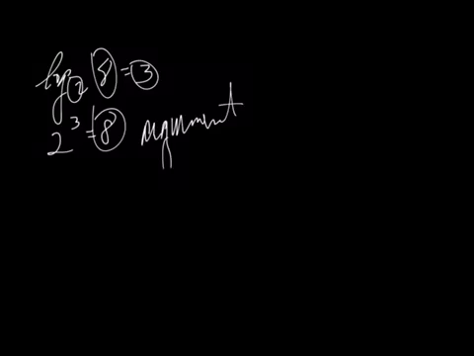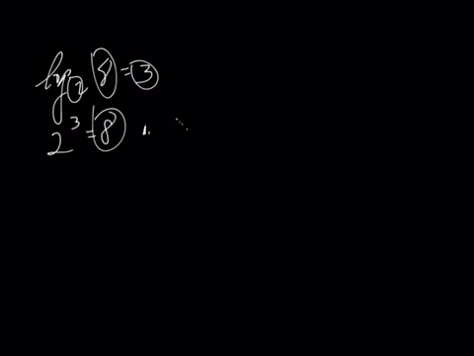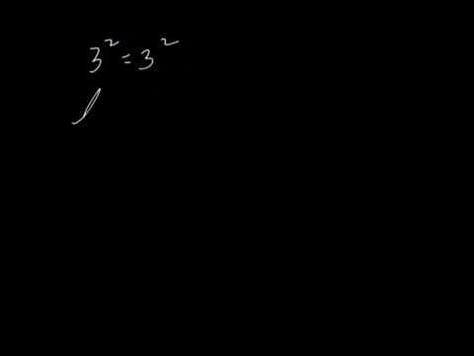All right, so if we were to erase some of this junk that I have here, if we were to look at or compare two logarithms, because that gives us a chance to put an equal sign in there. And if we had something like, well, let's just write it this way. 3 squared equals 3 squared. Why is that true? Well, that's true because our base number here and here are the same, and our exponents are the same. Now, if I were to write this in logarithmic form,